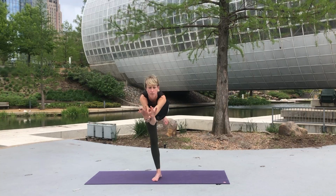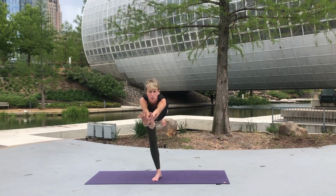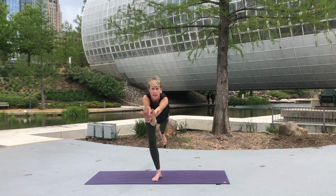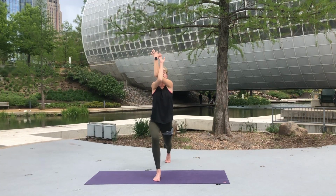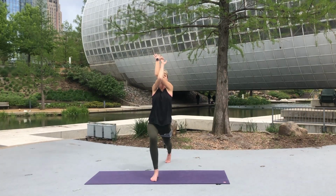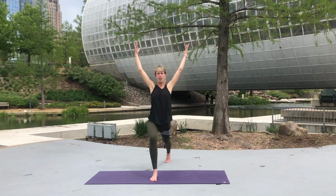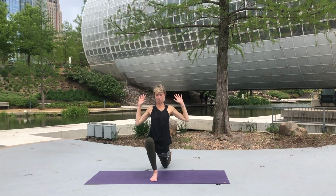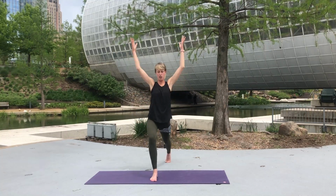Lengthen out through the fingertips, rolling hip down in line with hip. Breath in, breath out. Inhale, land, eagle arms if you still have them. Begin to track the arms up and over. On an inhale, unravel, reach high, and then exhale, cactus, hover. Inhale, lift, exhale, cactus. For 5,